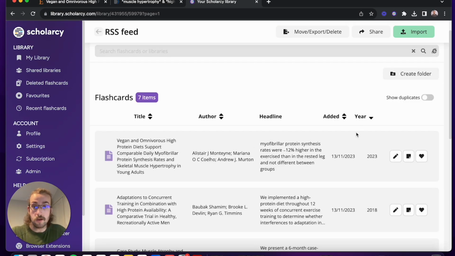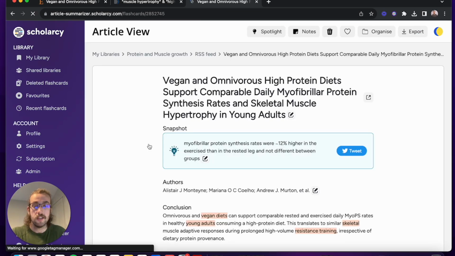What we can do as well is we can go through, read the title, and read the headline as a quick way to screen if the paper's worth jumping into. If we decide not to read it, we can always delete the flashcard from our library. If we would like it, for example this one, you can click into it, you can give it a read,